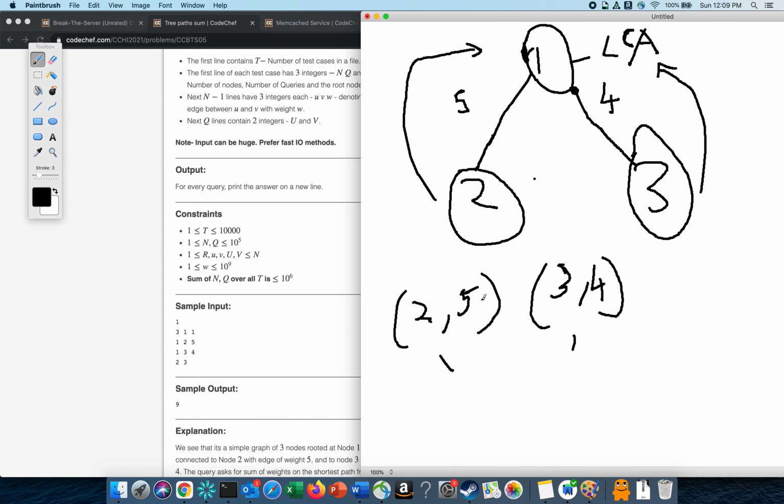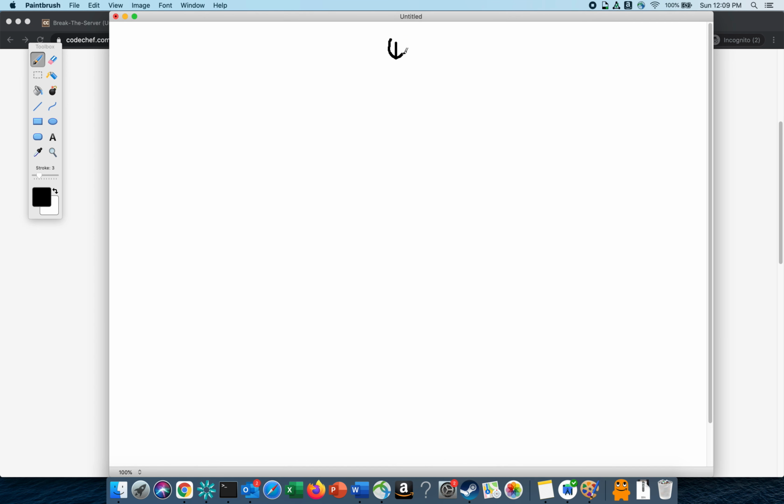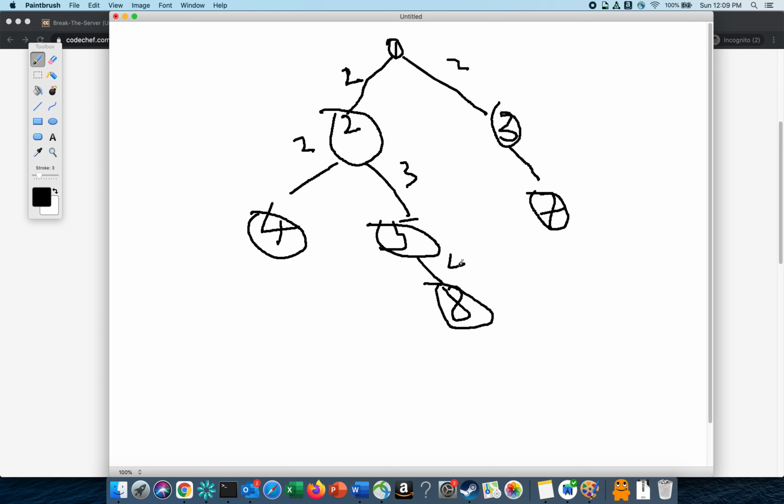Hmm. So let's consider a more complex kind of tree. So let's consider a little bit more. So 2, 5, and then 7, right? And let's say 8. So this path is 2, 2, 2, 3, 4, 6. Okay, so these are our nodes and these are our weights. Now